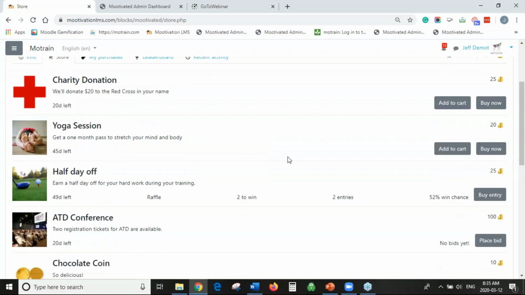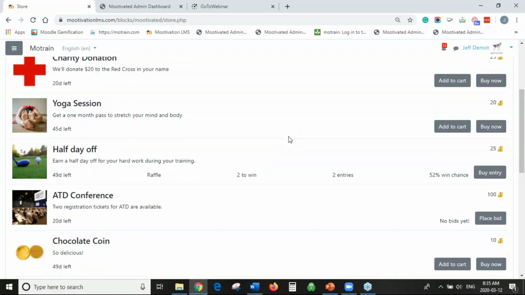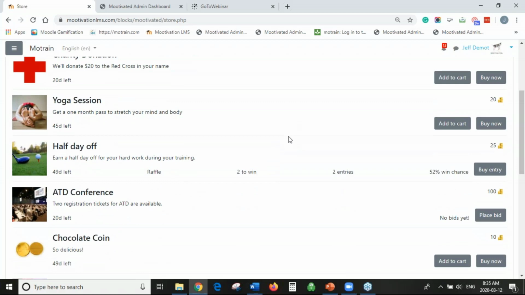And then we've got a few other ways to increase the uncertainty and the game of random chance, which is raffle draws and auctions. So in this case, the raffle draw here, we want to have the user purchase as many entries as they can to that raffle draw to increase the probability that they win. So that whole idea of keeping them coming back into that LMS and making those purchases of those entries from the coins that they've earned.